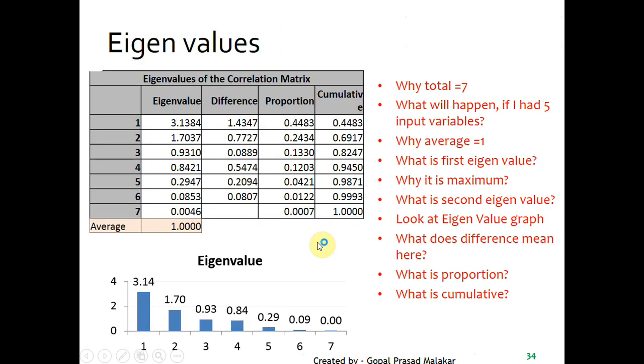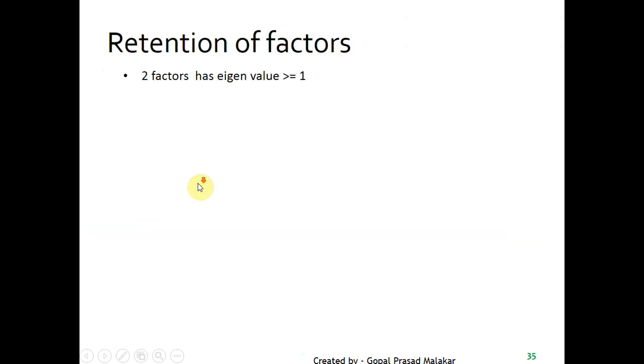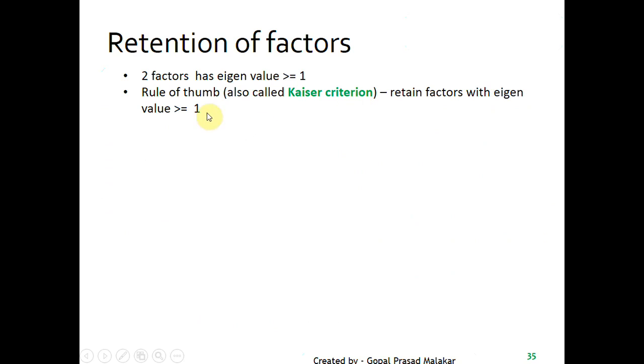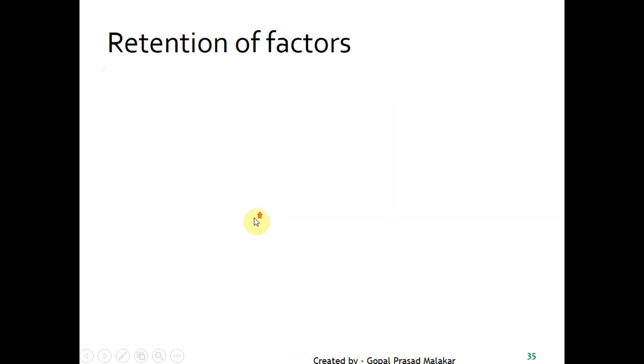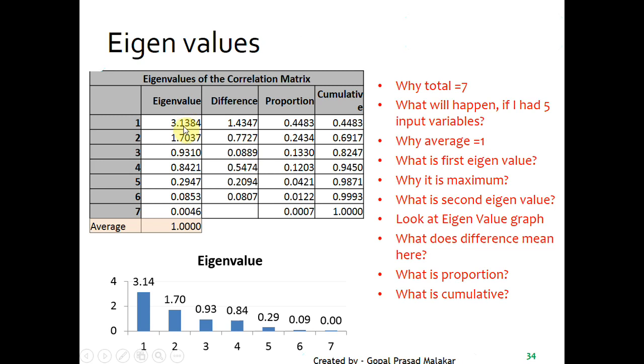Now how will you know how many principal components you should keep? One rule of thumb, which is called the Kaiser criterion, is that you keep only the components which have eigenvalue greater than 1. That way you will keep only these two, and that will explain 69% of the total variance. If you were taking just 2 variables, probably you would have explained roughly around 25% of the total variance, but because the eigenvectors are constructed in such a way that the first eigenvalue is biggest, then the next one, just 2 of them are able to explain roughly 70% of the total variance.